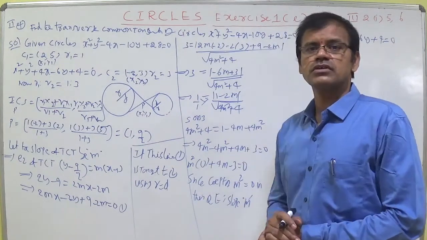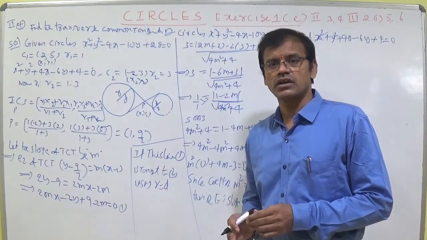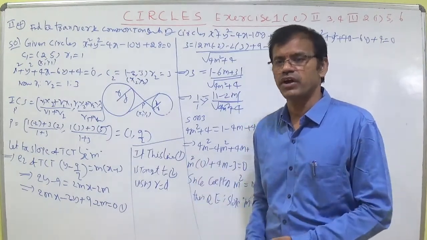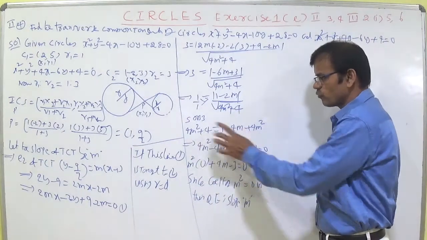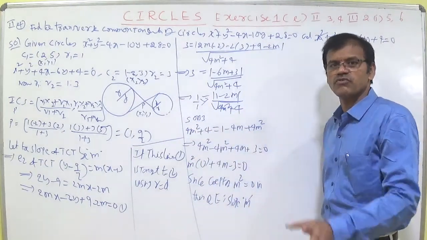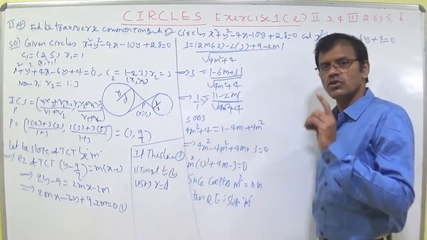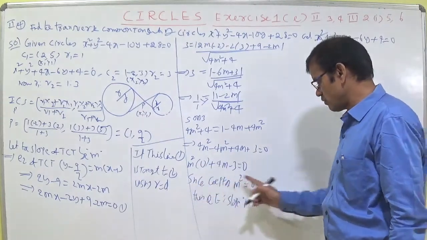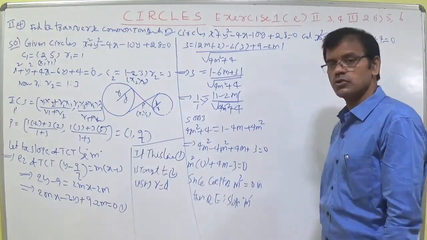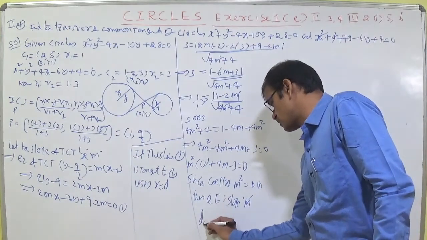If a is equal to 0, what will happen? It is not a quadratic equation. Whenever it is not a quadratic equation, the value will not be defined. So that is why I said, in the question you follow, 4m square is there. Don't cut off 4m square. Simply you should write like this: 4m square minus 4m square. Even though you are getting the value 0, you should write m square into 0. That's all. Whenever you are getting coefficient of m square equal to 0, slope m is not defined.